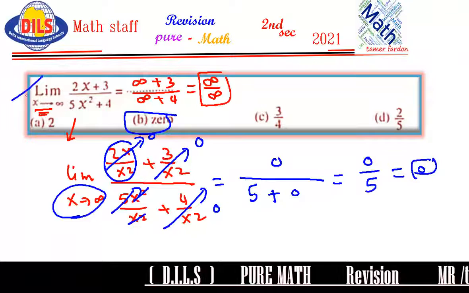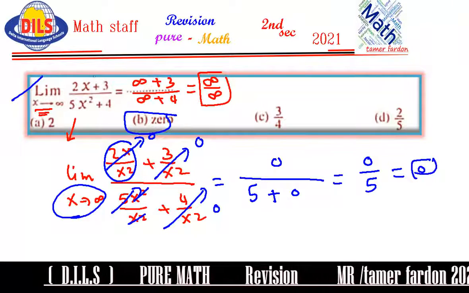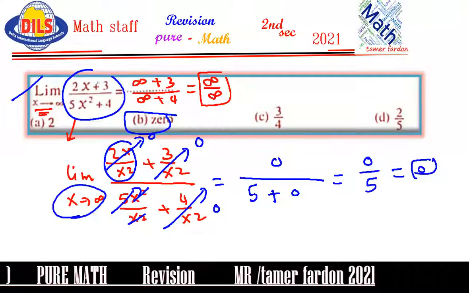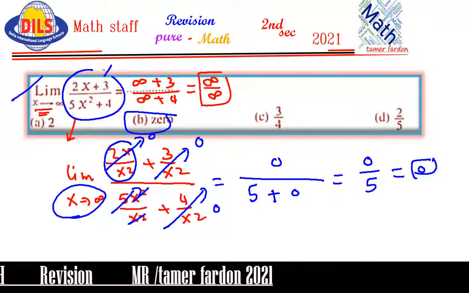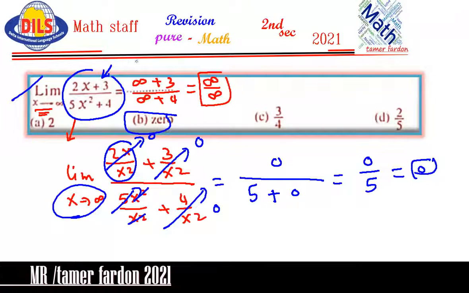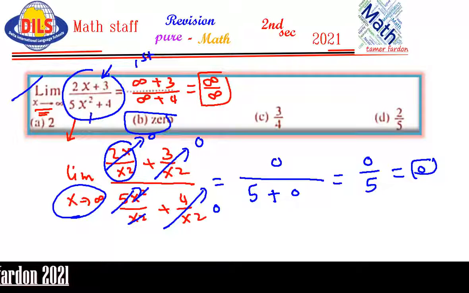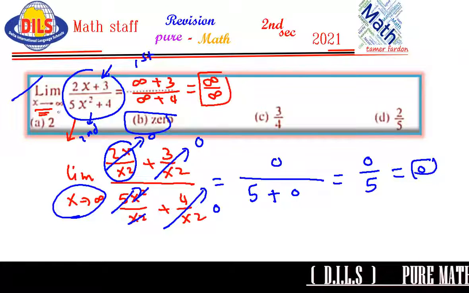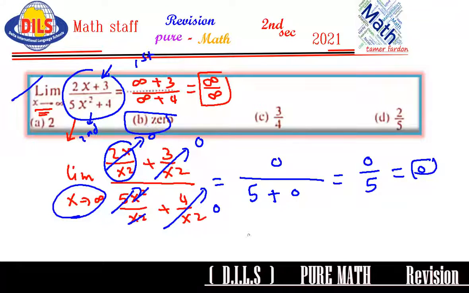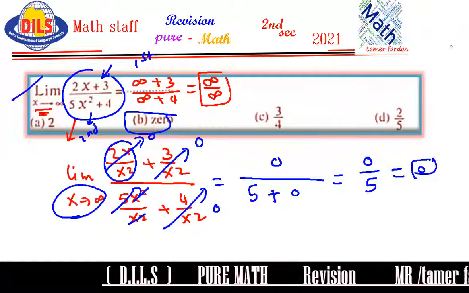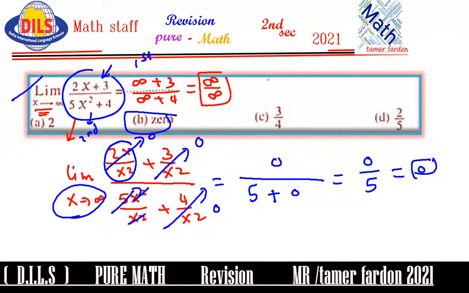Also, we can say at first, since the degree of the numerator is from the first degree and the denominator is from the second degree, the limit at infinity equals 0 without solving. Also we can say that